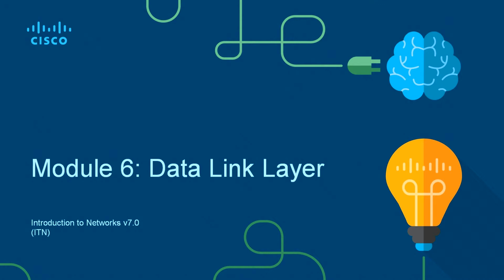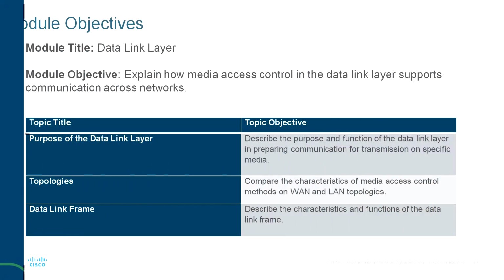The data must have help to move it across different media. The data link layer provides this help. As you might have guessed, this help differs based on a number of factors. This module gives you an overview of these factors, how they affect data, and the protocols designed to ensure successful delivery. Let's get started. What will I learn today in this module?